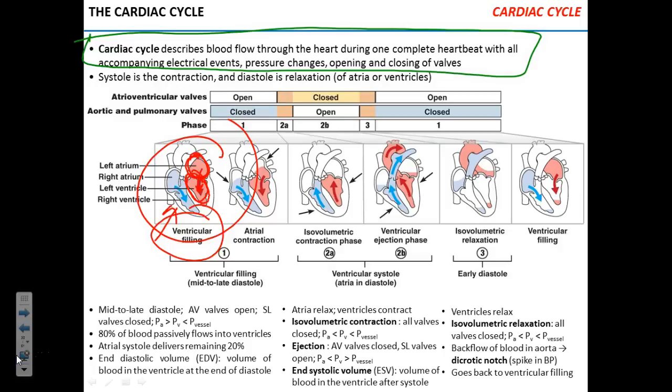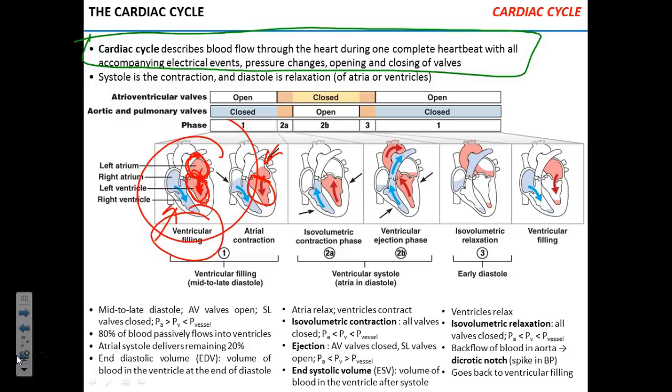At the end of the ventricular filling, the atrium squeezes the last bits of blood into the ventricle, kind of pushes it back. Now what's going to happen to the pressure in the ventricle when it is getting filled with blood? It's going to go up. And I'm going to use an analogy. When it goes up, when the blood starts to push on the door on that side, stronger and stronger, what's going to happen to the valve? It's going to close. And that's when you hear the first valve sound.